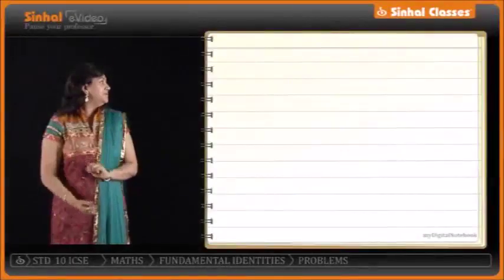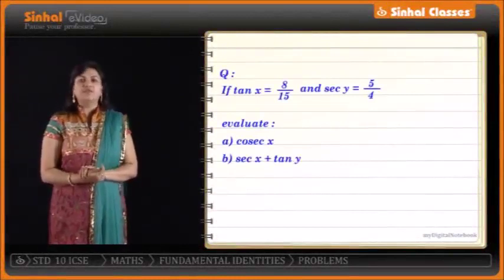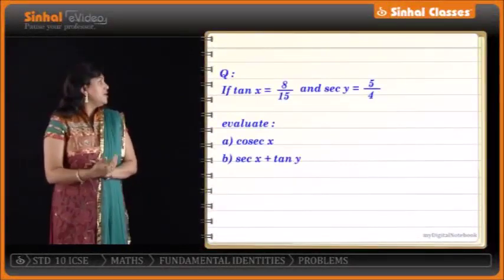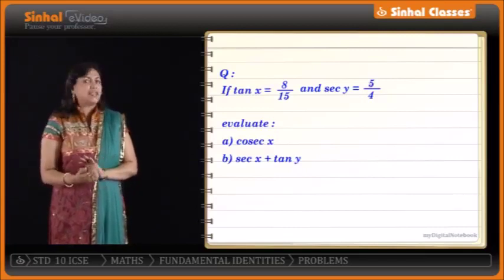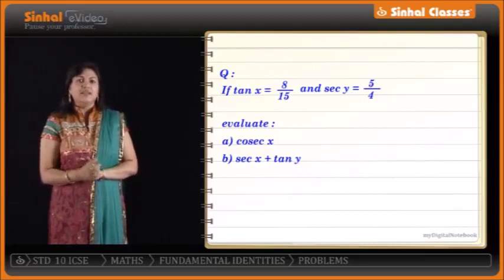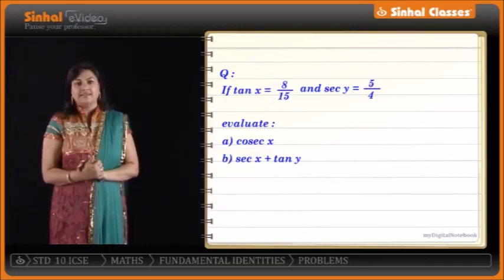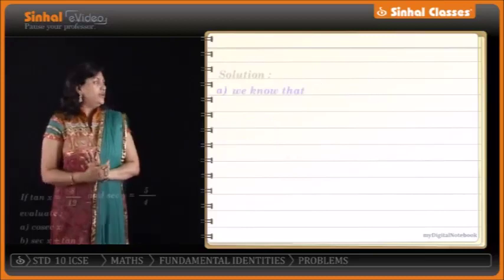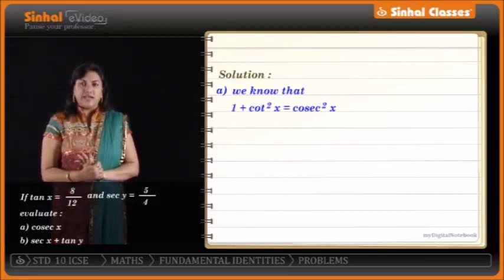Now next problem, if tan x is equal to 8 upon 15 and sec y is equal to 5 upon 4, evaluate cosec x and sec x plus tan y. Now we take the first part, we want to find cosec x. Now we have the formula 1 plus cot square x is equal to cosec square x, but we are given